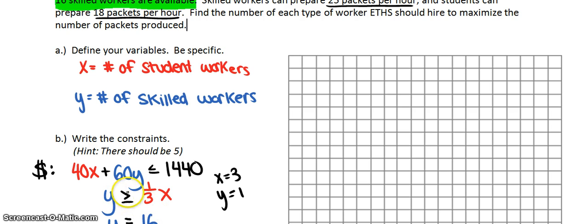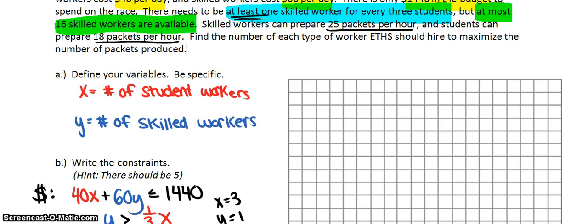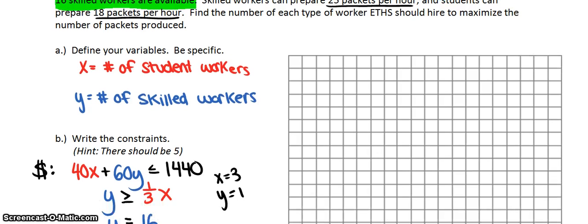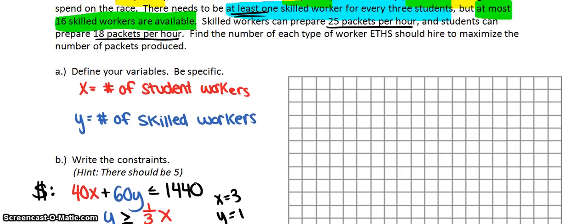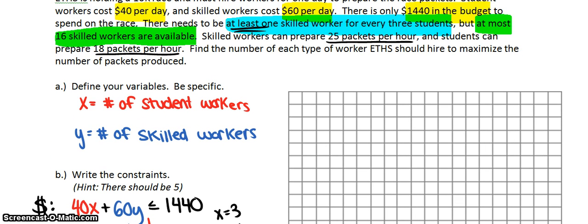You also want to double check the way you have your inequality facing. So what this says is the amount of skilled workers can be greater than or equal to 1/3 of the student workers, which is what I want, because I said we need to have at least one skilled worker for every 3 students, but I could also have more skilled workers. So always go back and read your equation in its context using what x and y are to make sure it makes sense. Okay, my last one I set up from the highlighted information is, it says at most 16